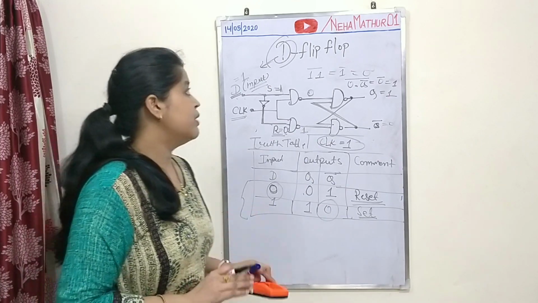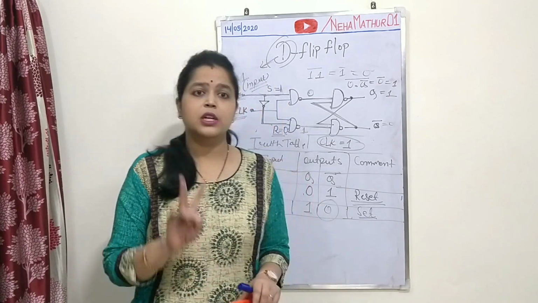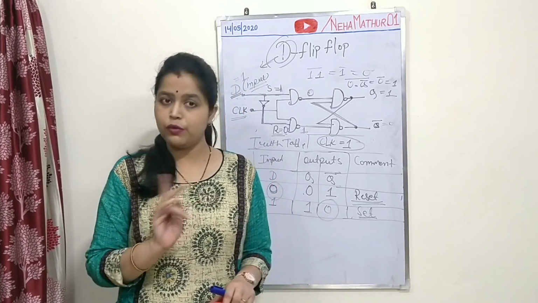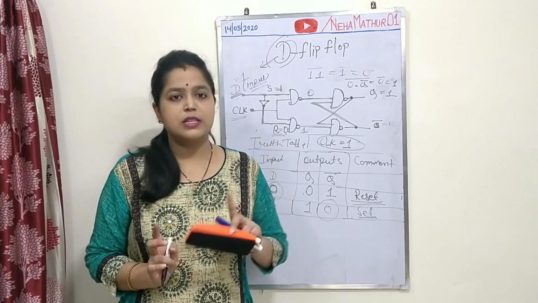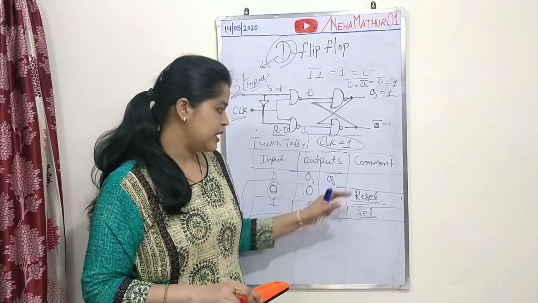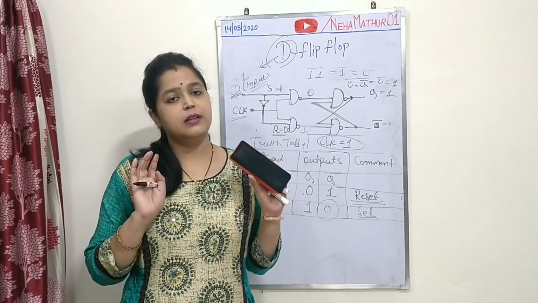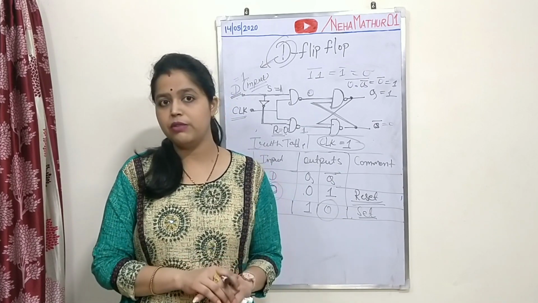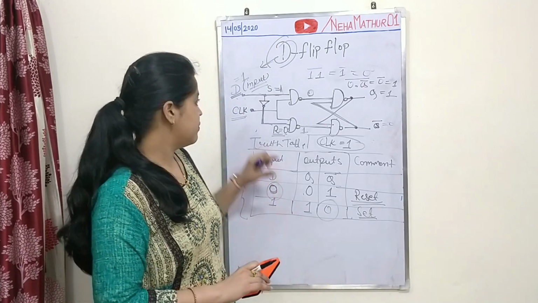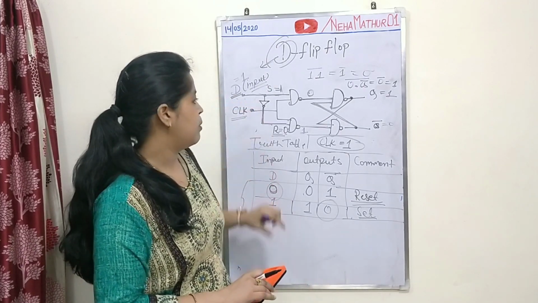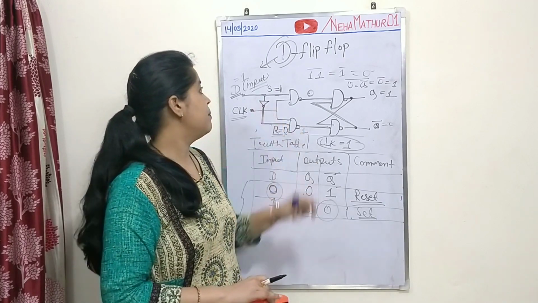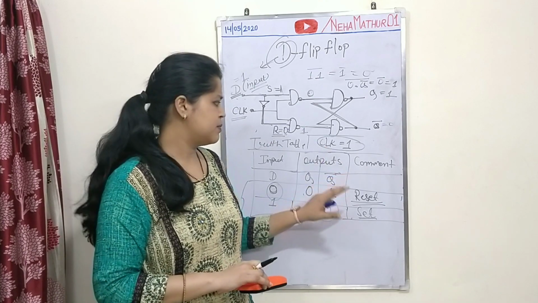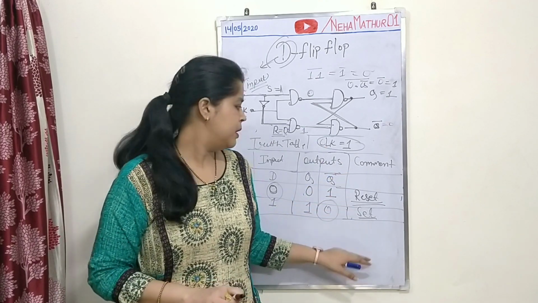That means the D flip flop, with two possible combinations of SR flip flop, S and R as 0 1 and S and R as 1 0, is able to show reset and set state, and SR equal to 0 0 and SR equal to 1 1 will never appear, just because of the complementary form of S and R, and the D flip flop will have only a single input represented by D. So this is the small and easiest concept of the D flip flop.